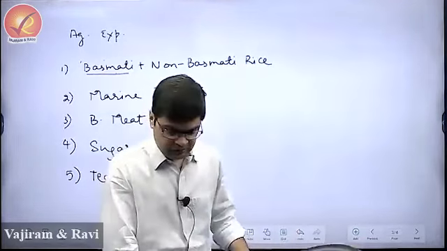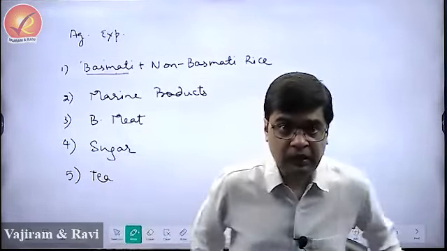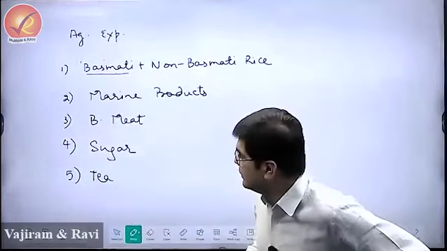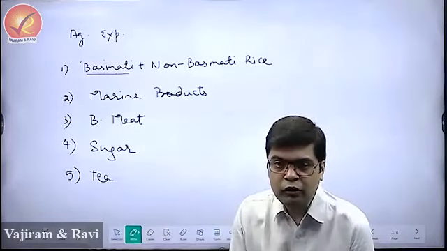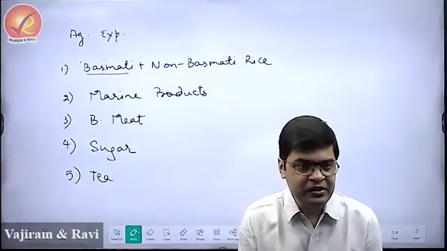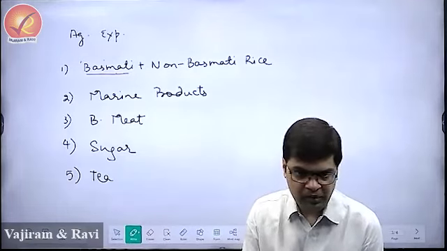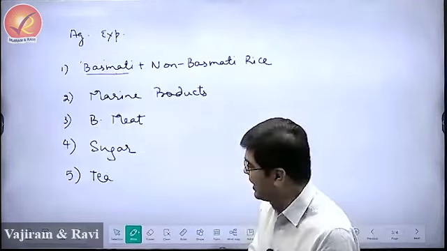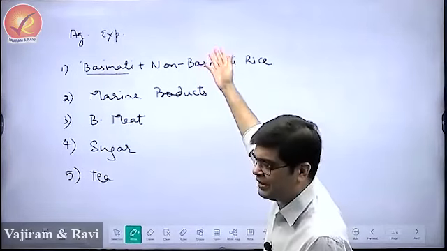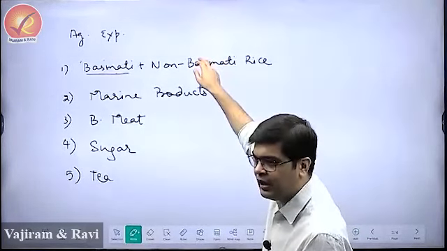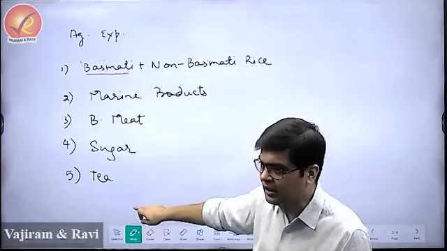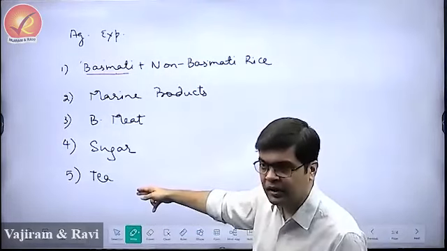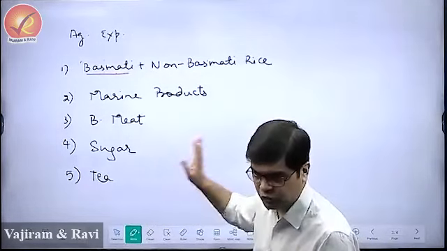When we look at the tea production in India, we are going to find that India is the second largest producer of tea. But like rice, we have the largest area under tea cultivation. Rice, we have discussed that we have largest area under cultivation, but China is the largest producer. Same is the case with tea, that we have largest area under cultivation, but again, China is the largest producer of tea.